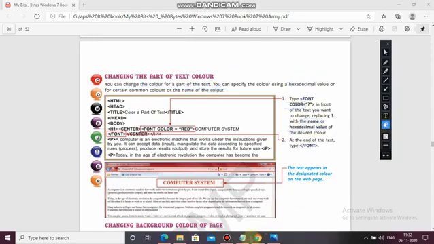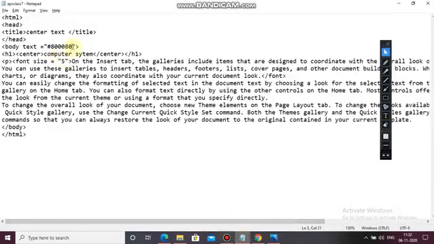So finally, let's check it. Now here I am erasing. Instead of size, I am using here color, COLOR, yellow, on the insert tab, till here, not for the whole paragraph, for a particular text.